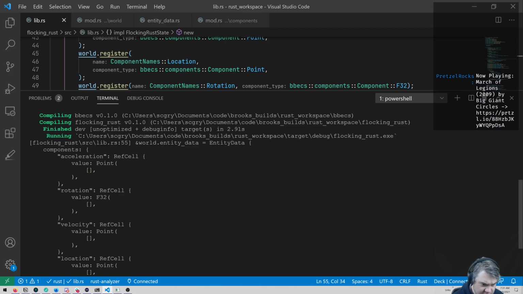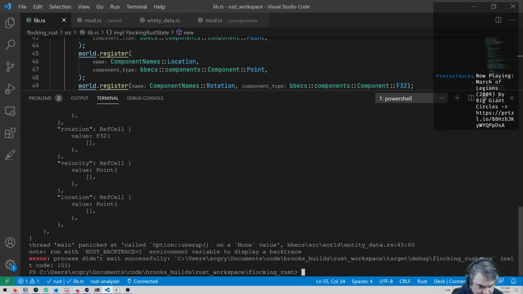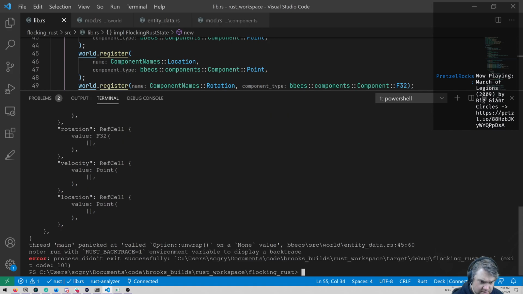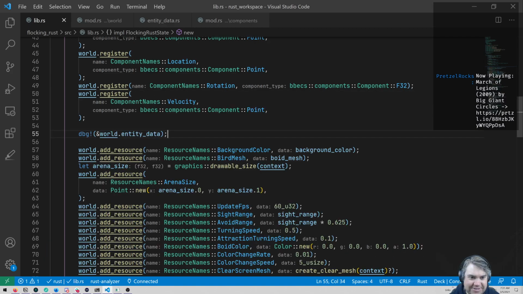We have acceleration, rotation, velocity, and location. All of these have vectors. So acceleration is a point. Rotation is a, yeah, okay. I do notice these are lowercase here. So I'm wondering if we're going to get something interesting.